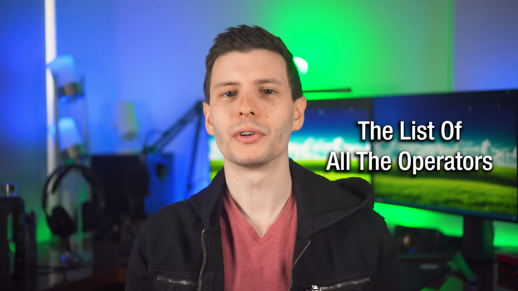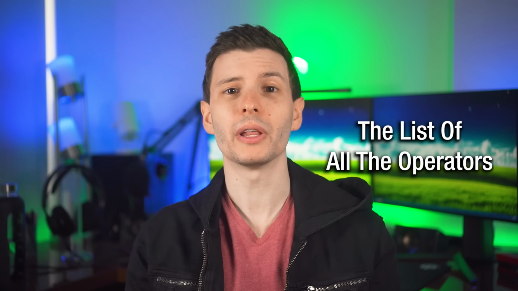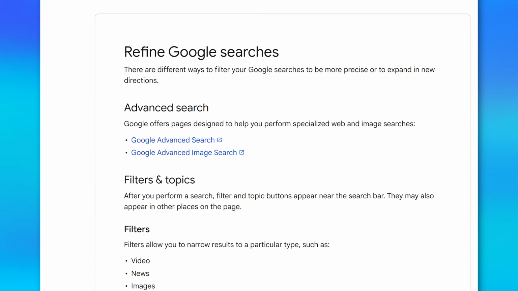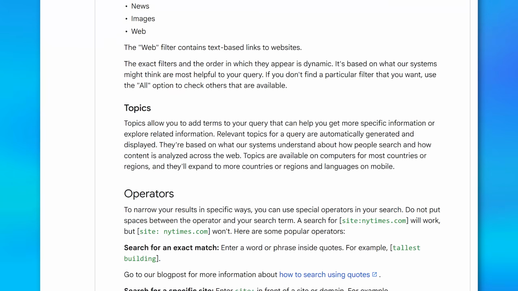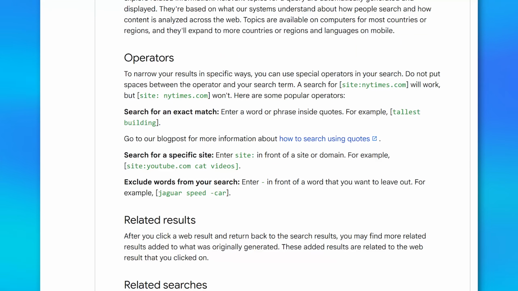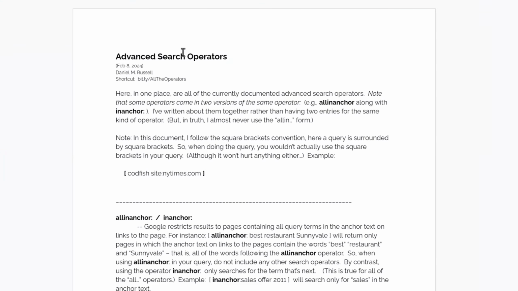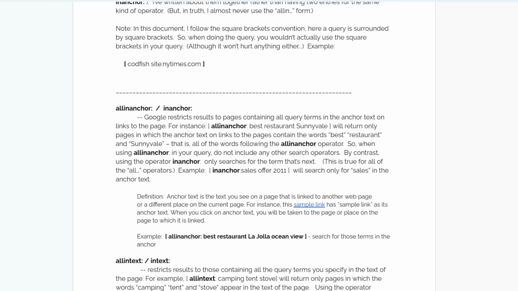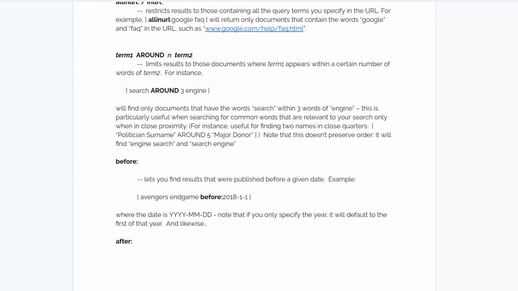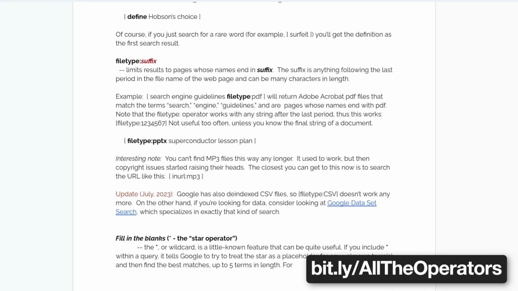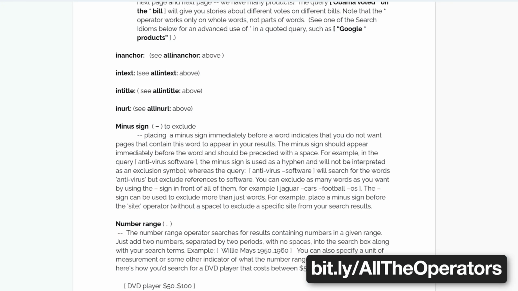Now, like I said, there doesn't seem to be any official list or support article with all the operators, though there are scattered support pages and official blog posts that mention some of them. However, there is this list, which was created by a senior research scientist at Google named Dan Russell during his time working there. So this is probably the closest to an official list we can get. I'll put a link to it in the description, and you can also get to it with this short link,